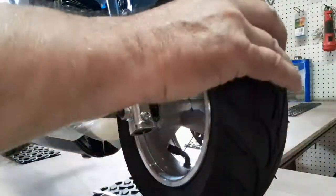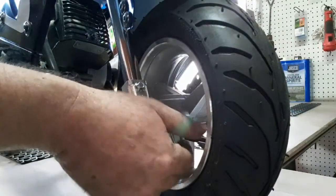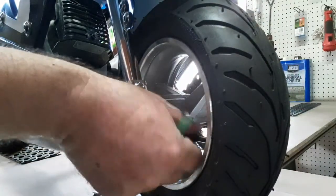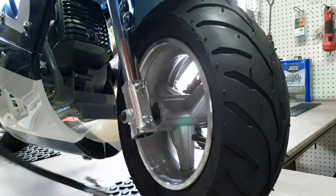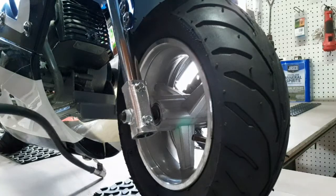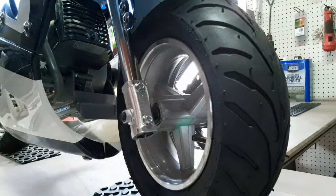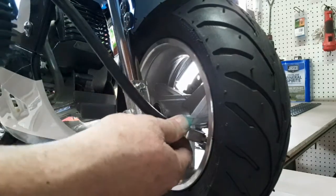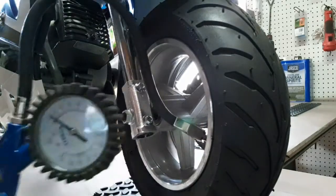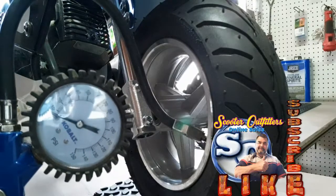Okay, what we're going to do, we're going to find our valve stem, take off the cap. Very simple. Don't lose it. Some of y'all set that in the dirt or down on the pavement. You won't even know where in the world it went. And so what we're going to do here, we're going to attach our air hose to it. Now if you'll notice how much pressure is in here. There's no pressure in this at all. So we will